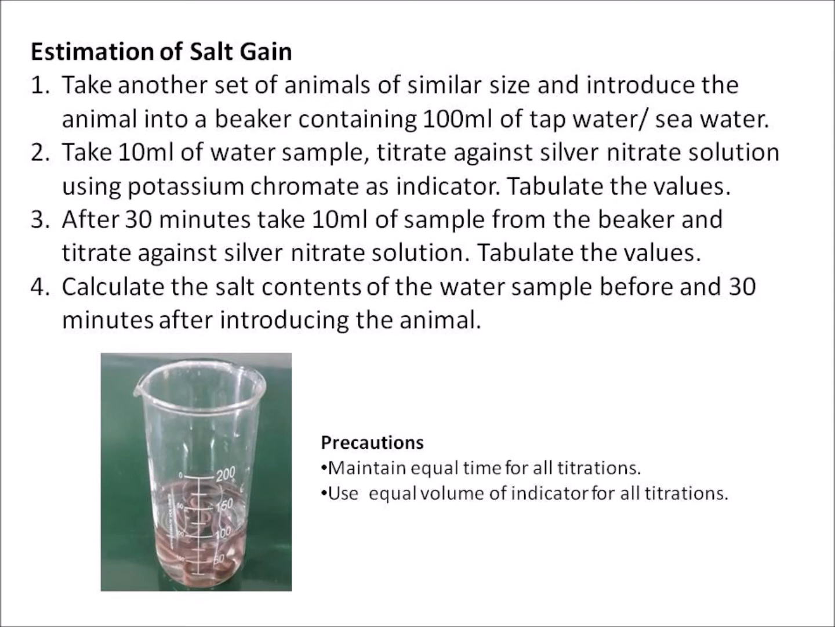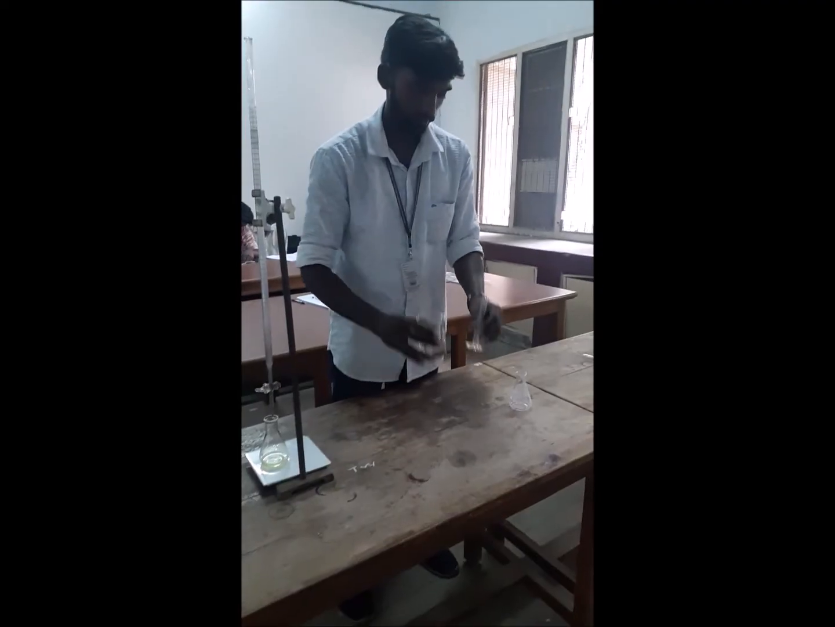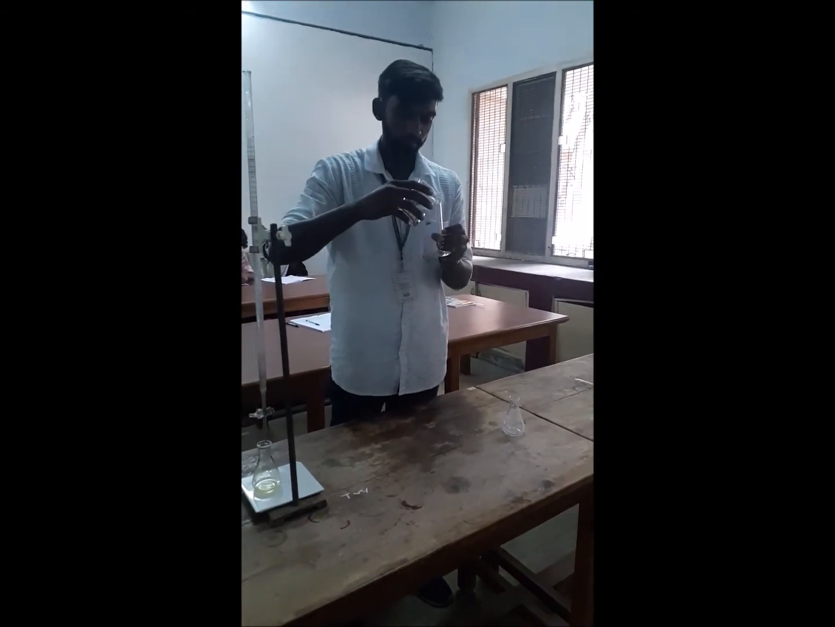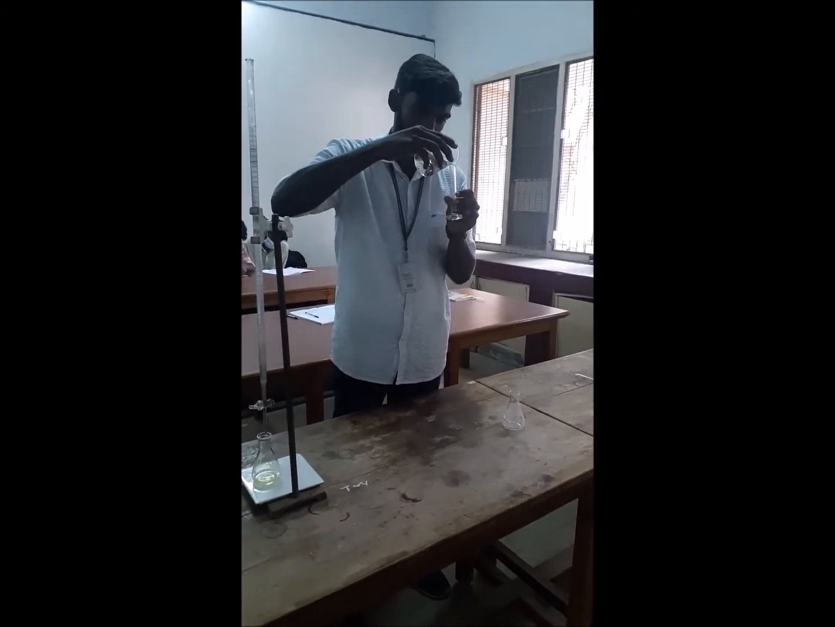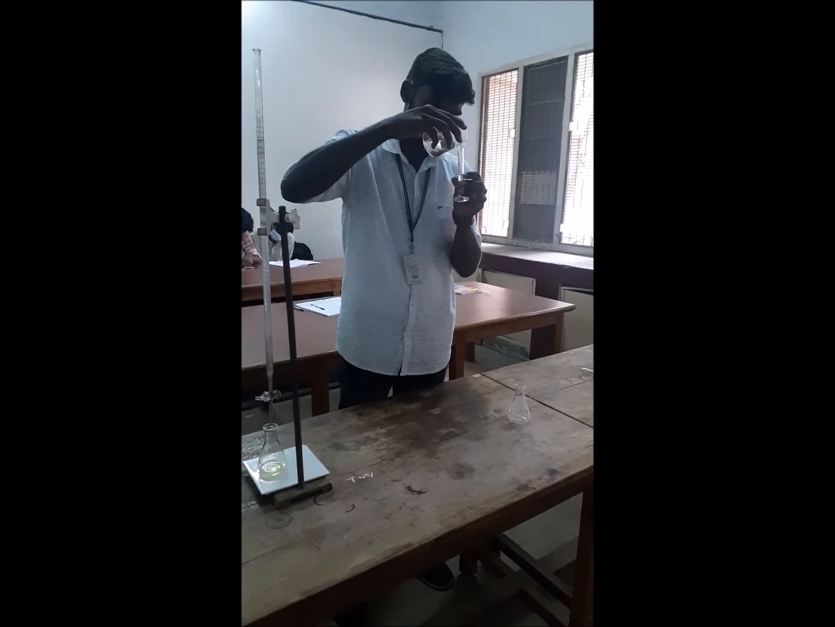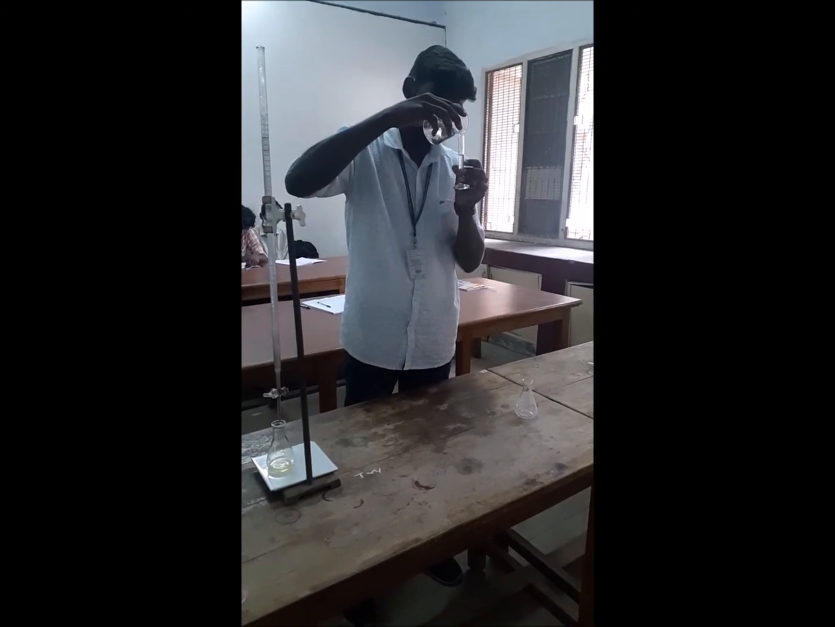From that, we can calculate the salt content of the water sample before and after 30 minutes after introducing the animal. Here, care should be taken to maintain equal time for all titrations and use equal volume of indicator for all titrations. See here, 10 ml of the sample is taken in a measuring cylinder from the experimental medium, and